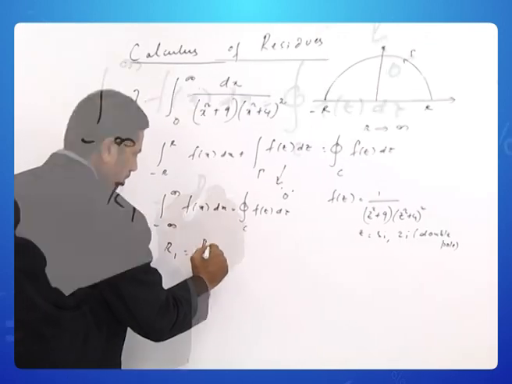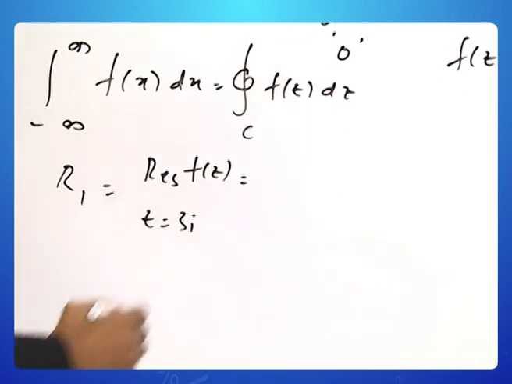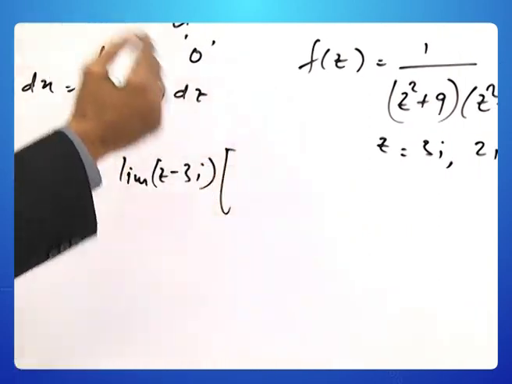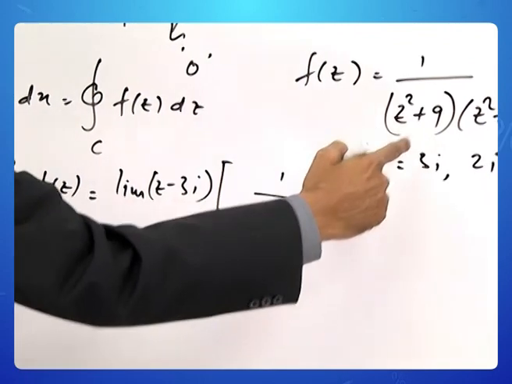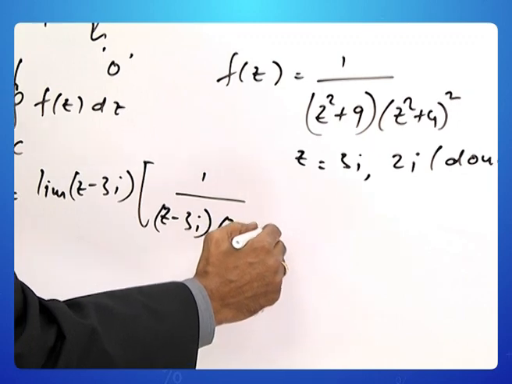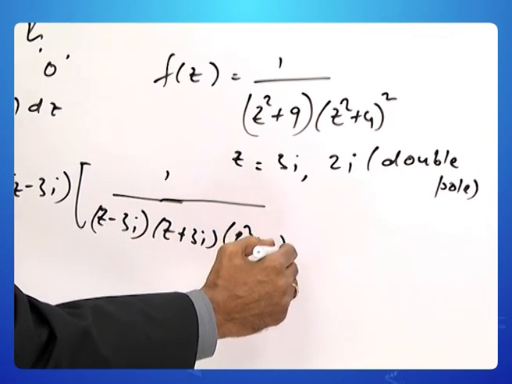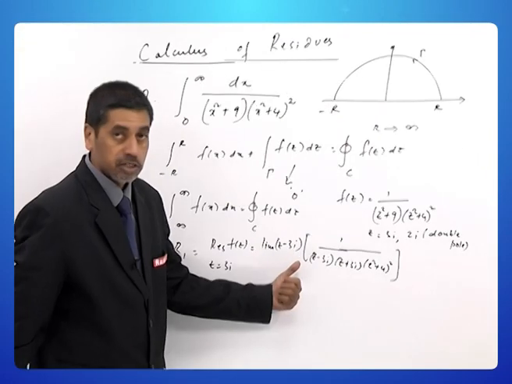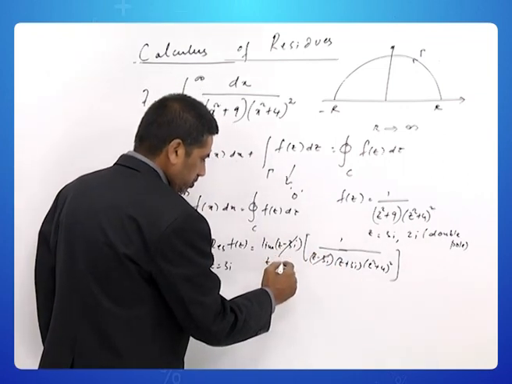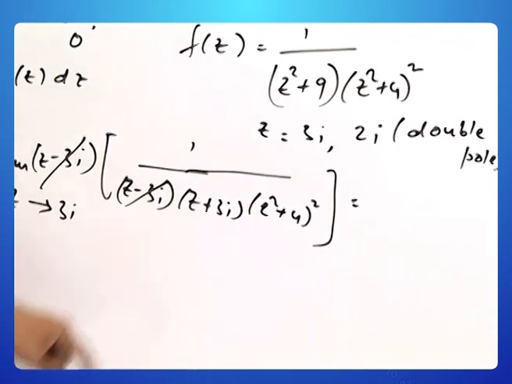R1 is equal to residue of the function at z is equal to 3i. So, this will be limit z minus 3i. The function, as I told you, is 1 by, factorize z square plus 9 as (z minus 3i) into (z plus 3i), and write this (z square plus 4) whole square as it is, because that has got nothing to do with this pole at z is equal to 3i. So, when these two things get cancelled,